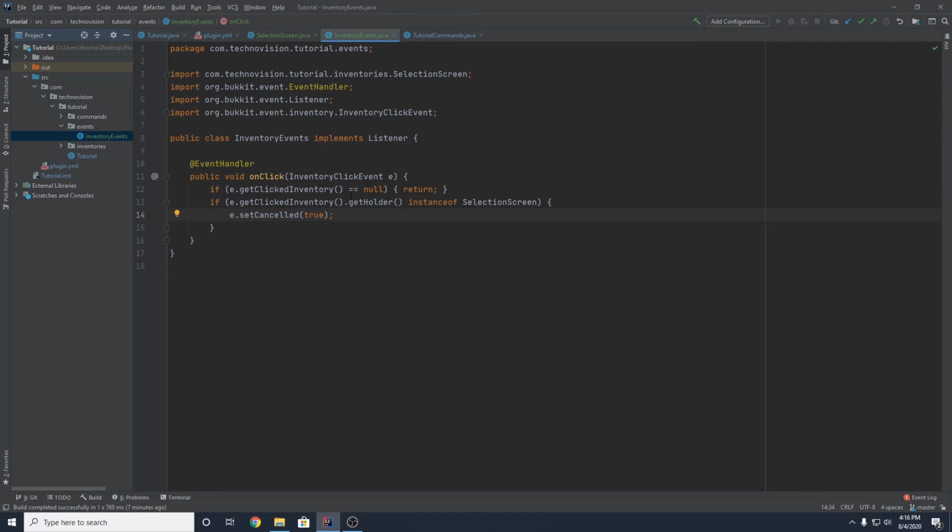So in this case, by canceling the inventory click event, we're preventing the user from moving, picking up, and interacting with, in a vanilla way at least, items in an inventory. So if you want to stop your players from modifying your custom inventory, do e.setCancelled is equal to true. And we can grab the player real quick by just doing Player player is equal to